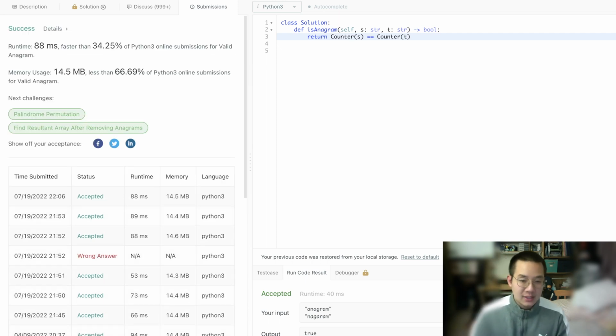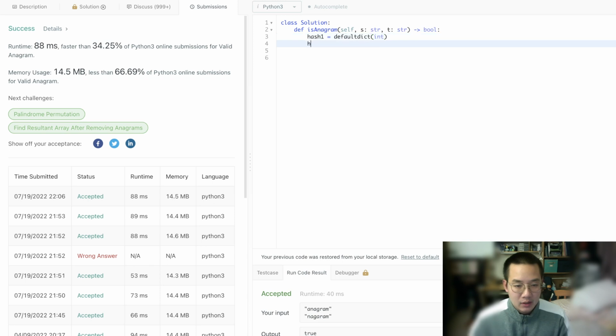Of course, this is somewhat unacceptable because what we want to do is show that we understand hashing and arrays. So let's learn about it a little bit. Let's use the default dictionary, two of them,